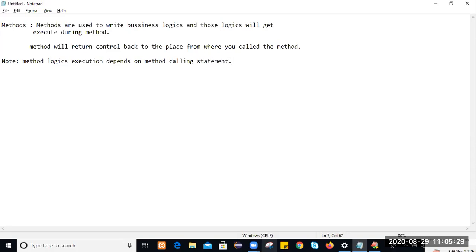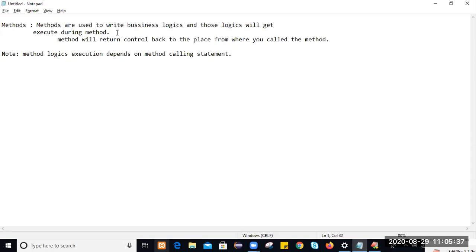So you may think, what are the types of methods we have? What are the kinds of methods? Mostly we will use two kinds of methods in Java. What are those? Instance method and static method. One is the instance method, and the second is the static method. So what is the syntax for instance method? What is the syntax for static method?